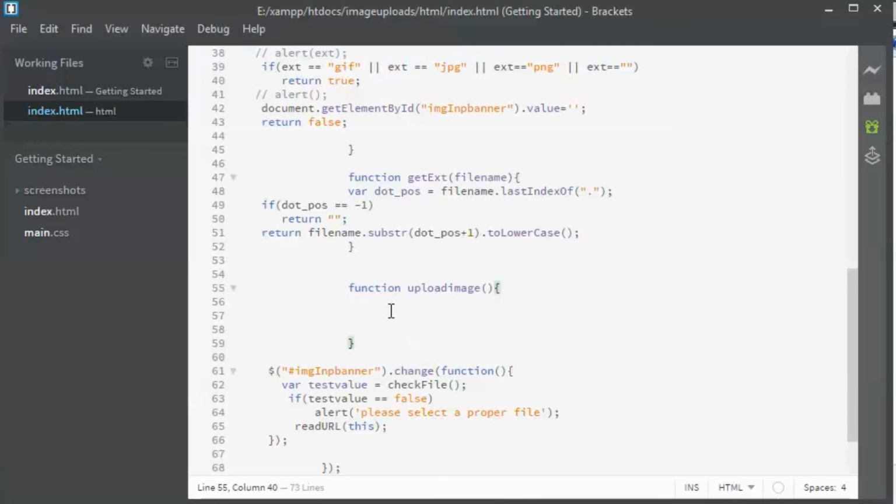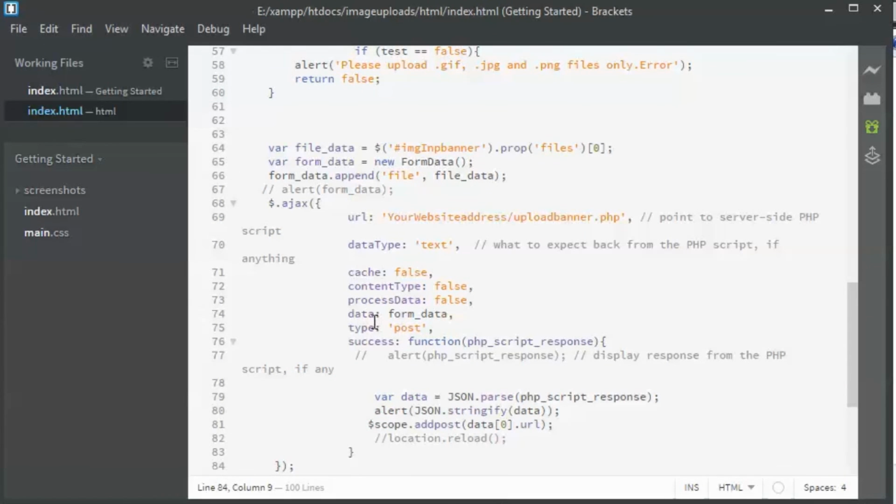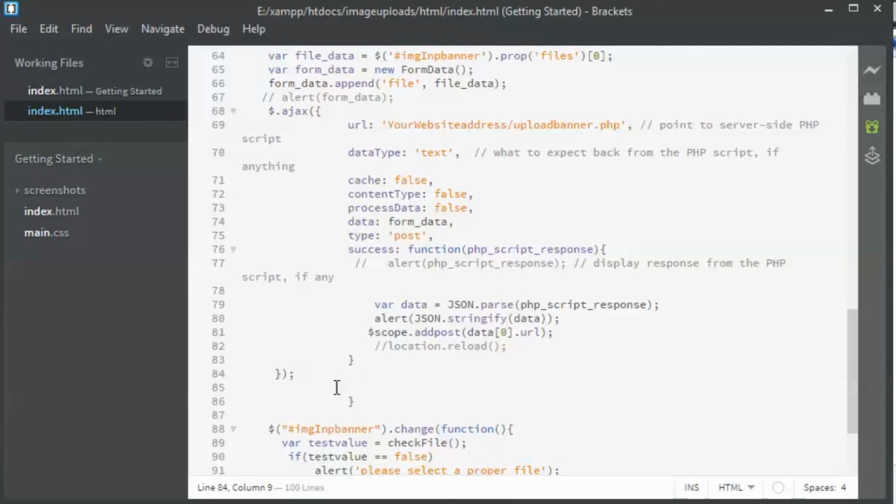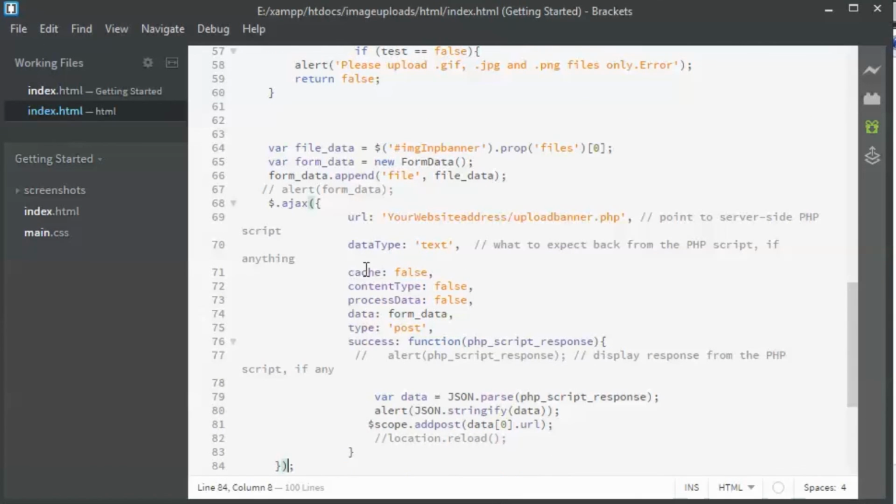Okay guys, so in the upload image function, I'm going to paste in this code. Basically it is an Ajax call. It is sending the form data in the Ajax, and whatever the response is, we'll come to know whether the image has successfully been uploaded or not. It is really simple code.